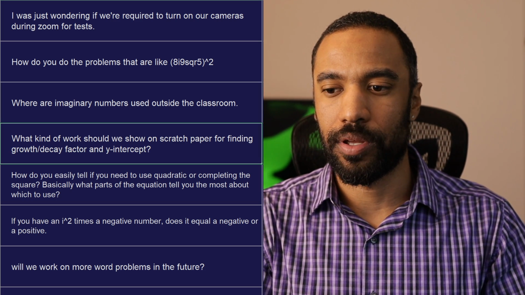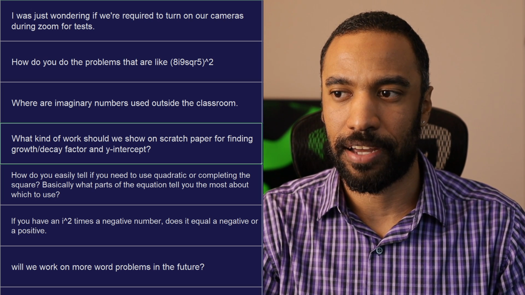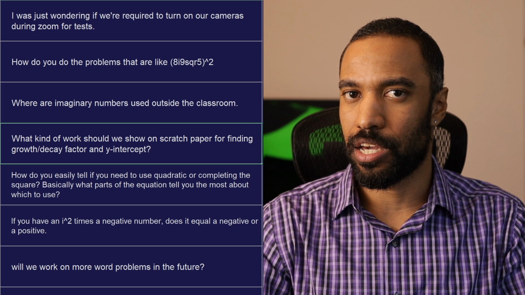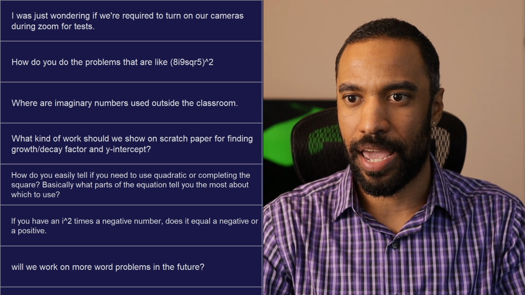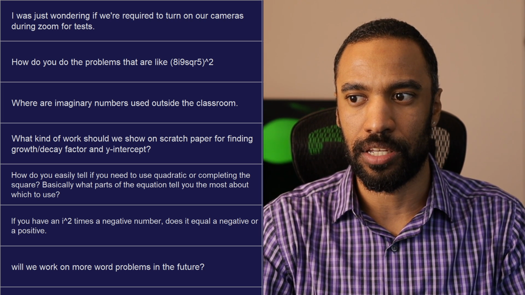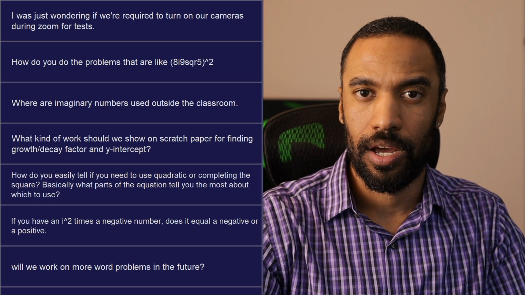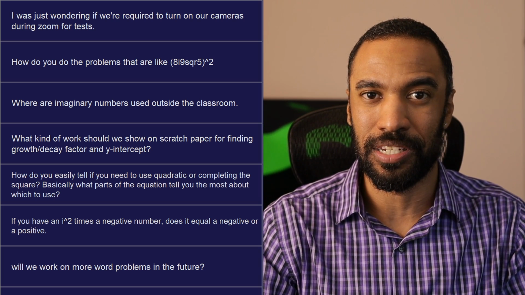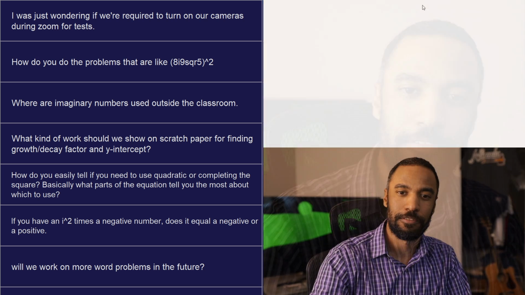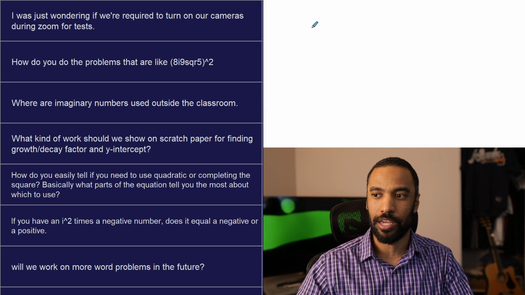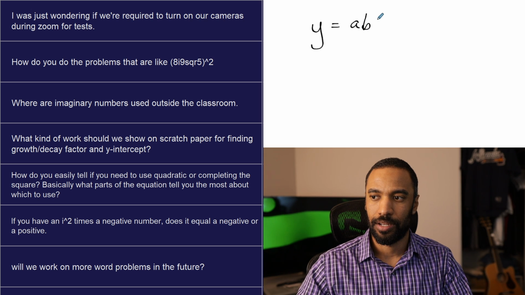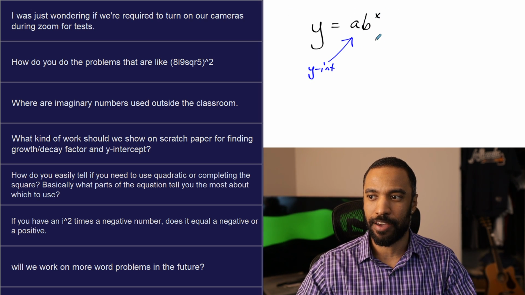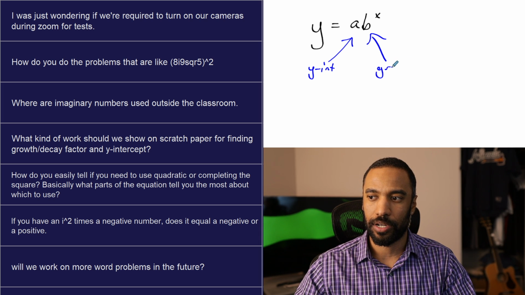All right, what kind of work should we show on scratch paper for finding growth or decay factor and y-intercept? Well, it depends on if you're given the equation or the graph. I know I haven't done much with you guys when it comes to given the graph, write the equation. I imagine I could possibly do that because I did give you a worksheet where we did that once. But I'm just going to do this generally. If you have y equals a b to the x power, the a value is the y-intercept, and the b value is the growth or decay factor. There is no work to show